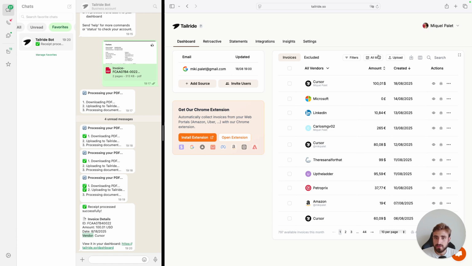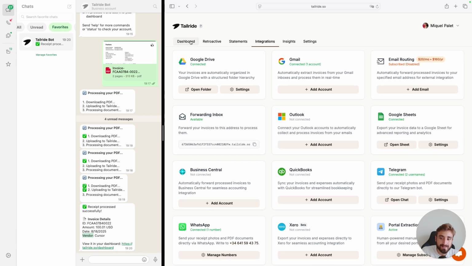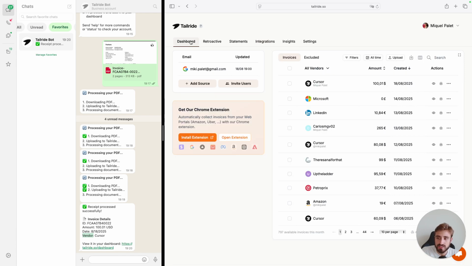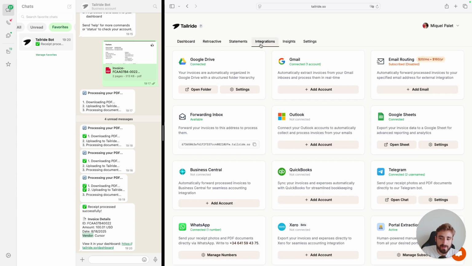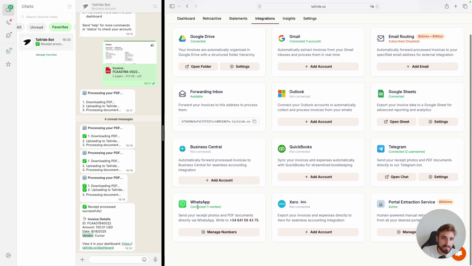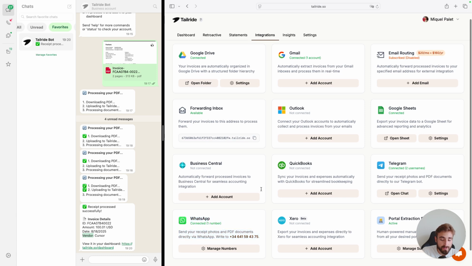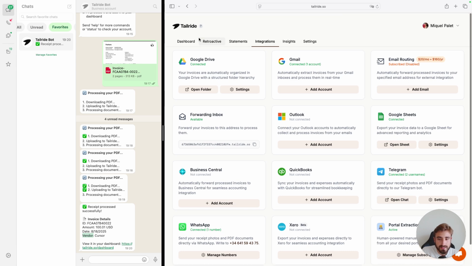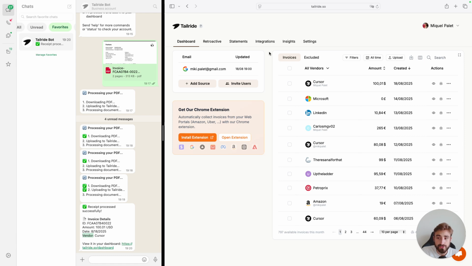It's very, very easy. Once the number has been connected, it will work perfectly. It might take a couple, 3 minutes to process the actual invoices, and remember you can do the same with Telegram. Usually WhatsApp is easier because it's more used, at least here in Europe, so that's why we have added it. And now you can use both WhatsApp and Telegram for the same